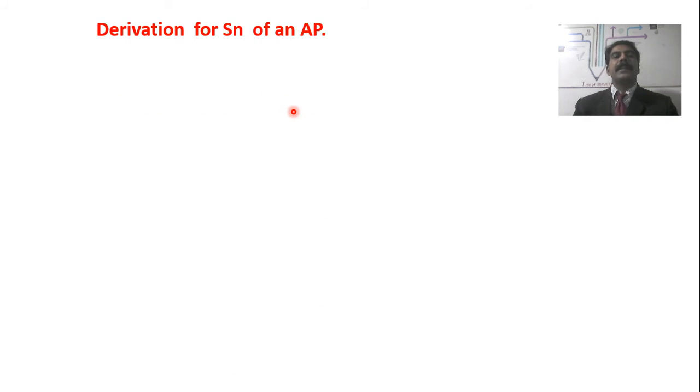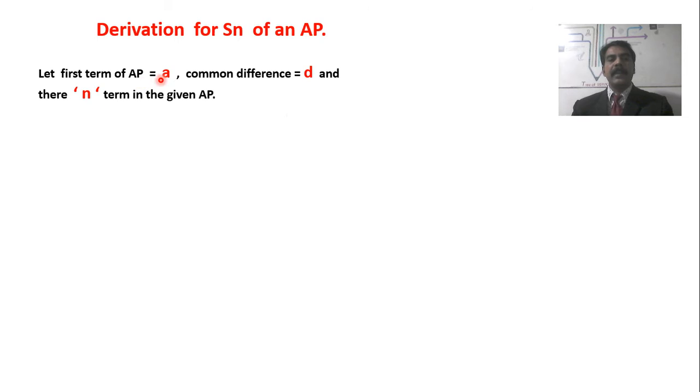Now, what do you mean by general term? When we are calculating the general term, the derivation or the formula is always in terms of alphabets. That is why I am going to consider the first term of this AP as A, and since it is an arithmetic progression, the common difference will be D, and there are n terms. I don't know how many terms there are. I am deriving this general formula for any number of terms. So, let us consider that there are n terms in this AP, first term being A and the common difference being D.